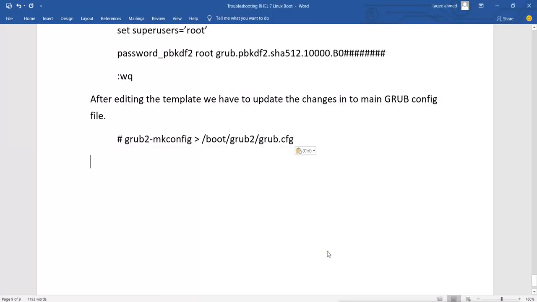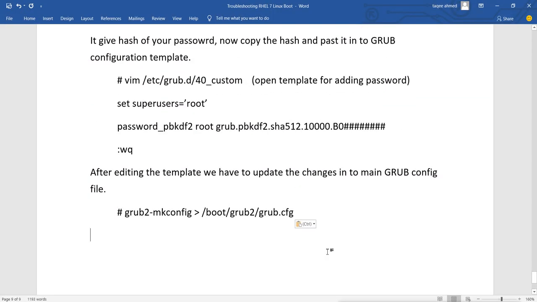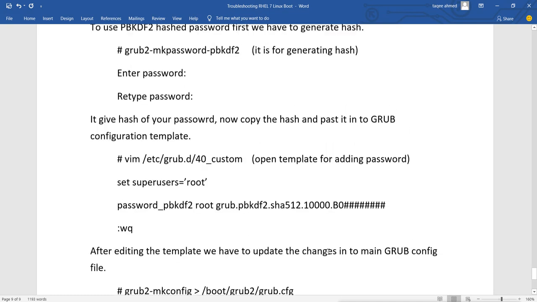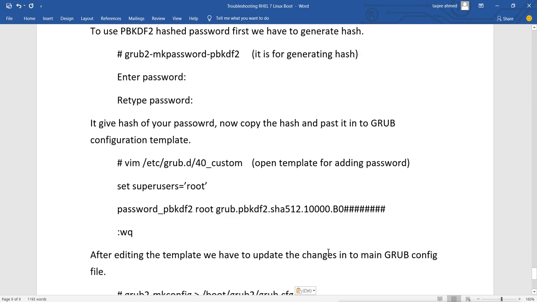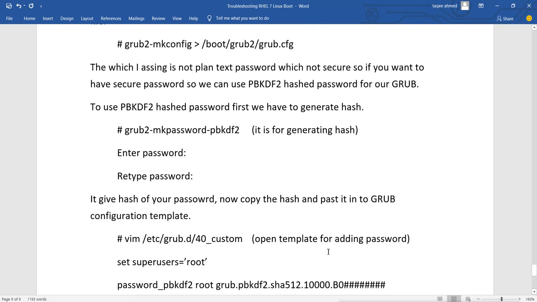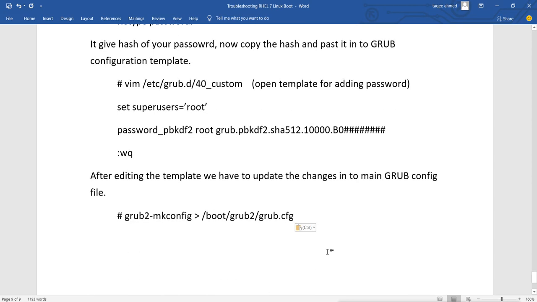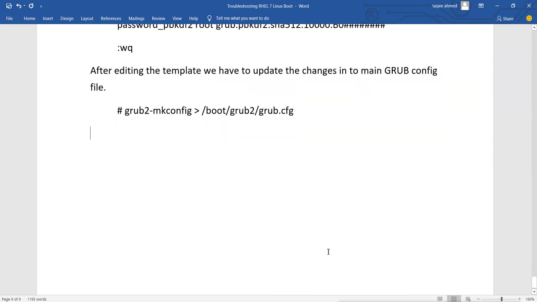Now we have these two options: we can edit the configuration template file for a normal password or even a secure, hashed password. Previously we had only this option, but now in RHEL 7 we can also add a password without using the configuration file.